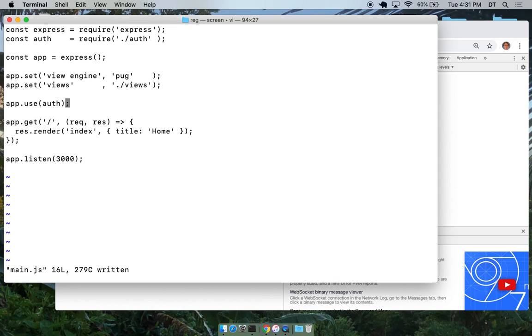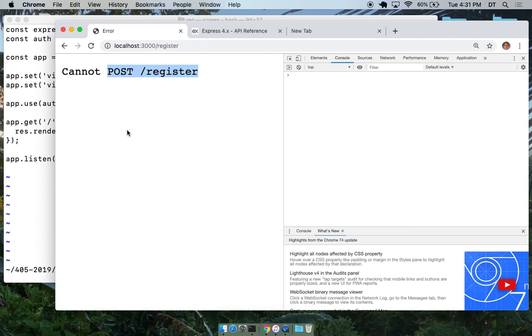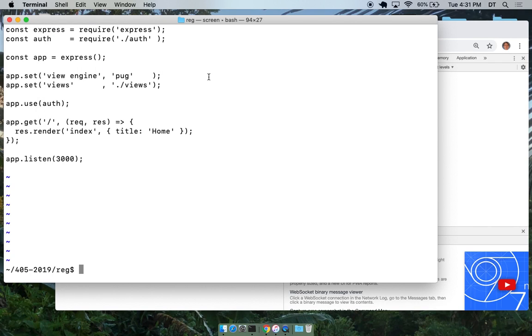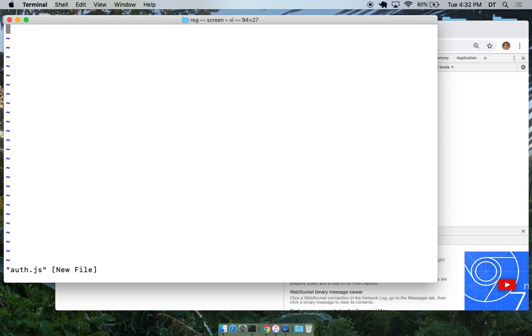So let's take a look at this. Let's create this auth module. What we're going to do with that auth module is have it handle post requests to that URL. So let's create the module auth.js, and in this module, let's do it like this: const